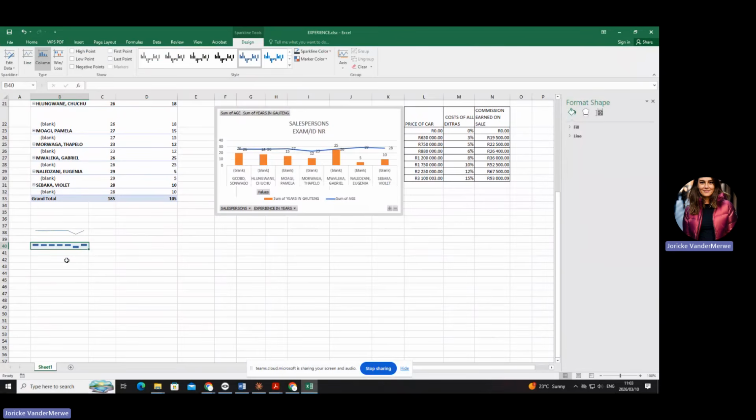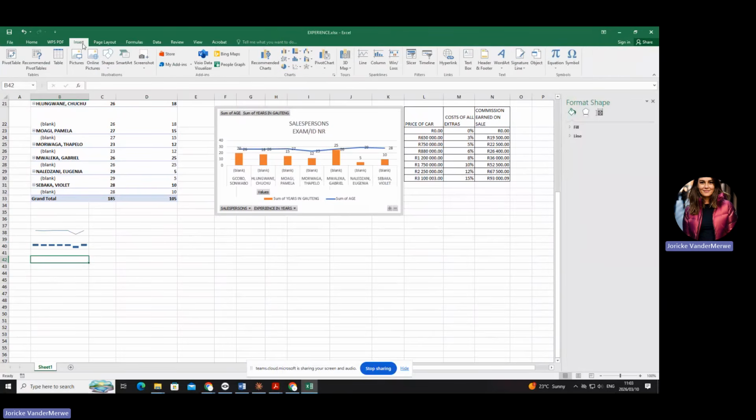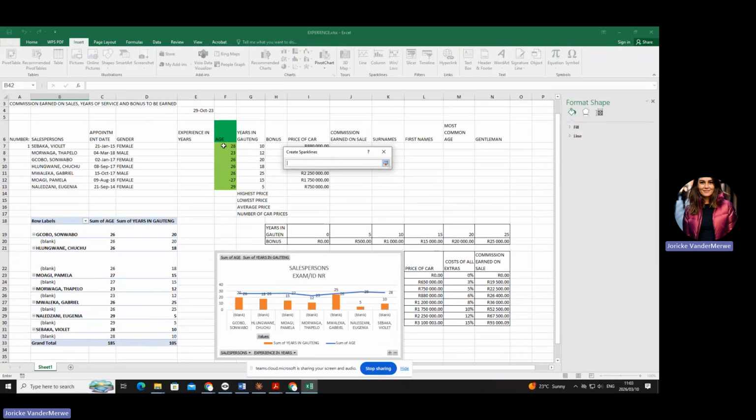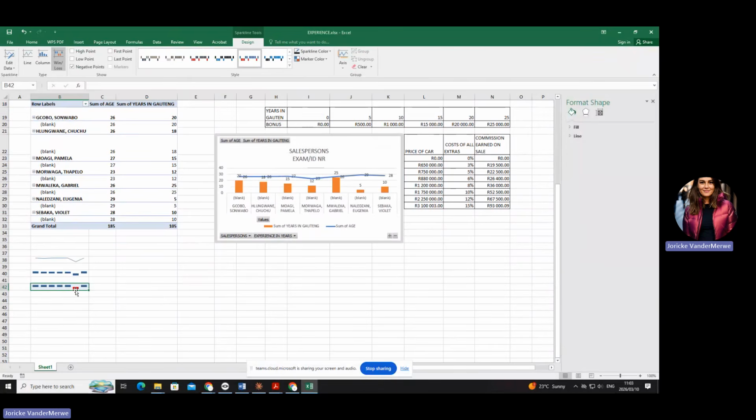Okay, let's do the last one. It's in B32, but we are going to use B42. Are you with me? We're going to go insert, and what is the last spark line I need to use? Sorry, this is actually the win or loss. Sorry, not the column, the column is going to be at the bottom. The win or loss is going to be the red. You're going to see it now with the negative. Okay, let's choose the correct data range, and can you see that one is going to be red? Yours is obviously not going to be red because you are not going to work with the negative.